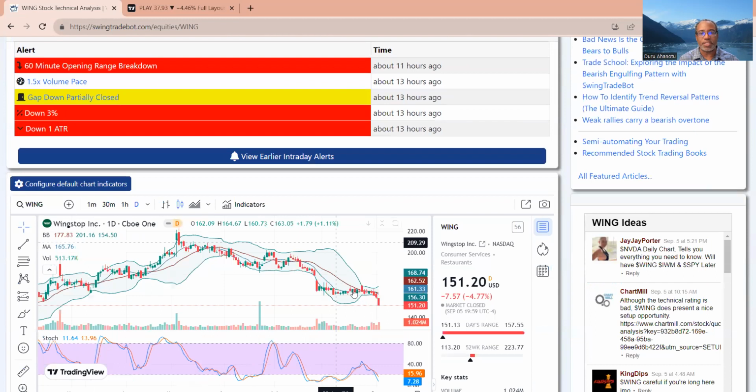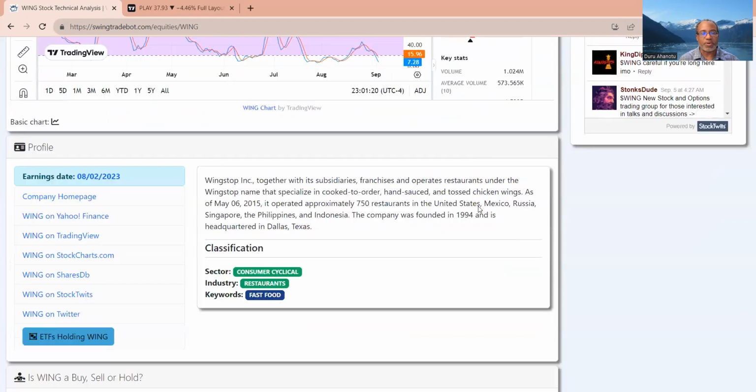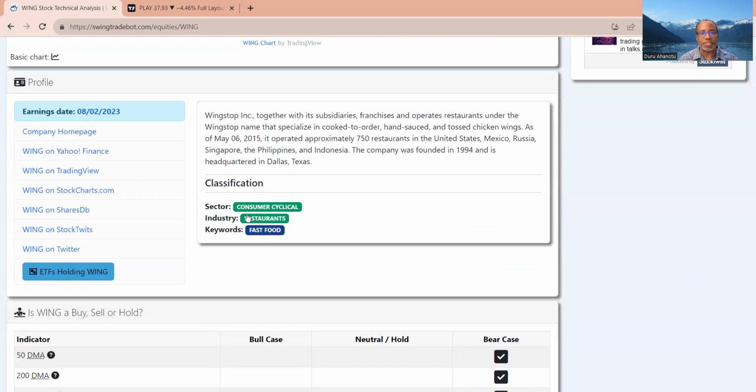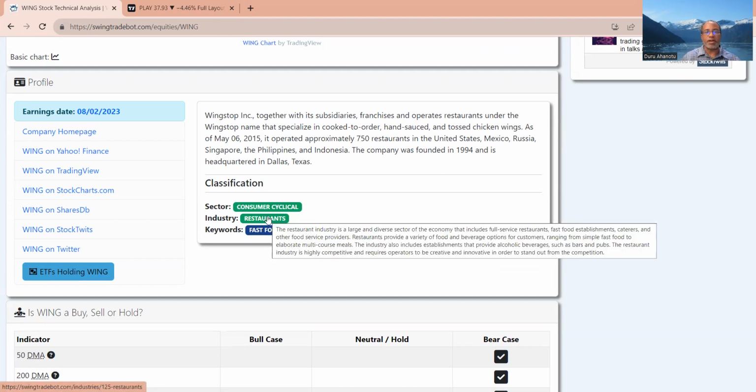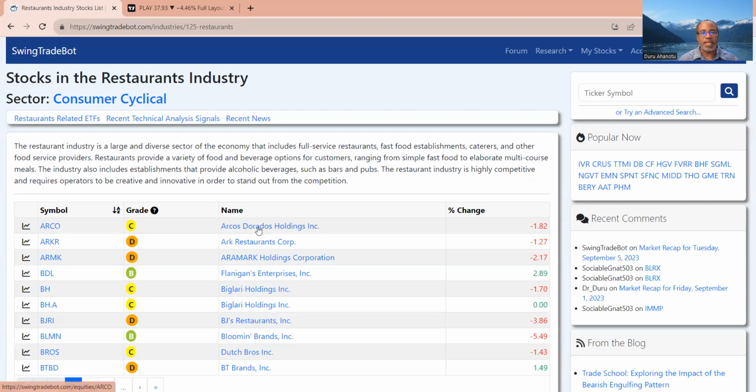So I scroll down here. You can see the ugliness in the chart. I'll get into that a little bit more a little later. I scroll all the way down, and here's the classification. You can see sector consumer cyclicals, restaurants, and fast food. I'm going to go through at the middle of the hierarchy at restaurants, because again, that was the specific thing that was called out. So I click on restaurants, and because I'm in a bearish mode or mood,